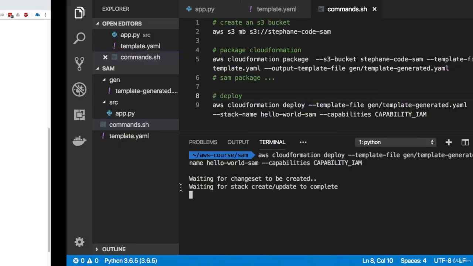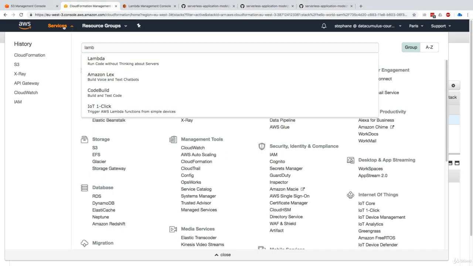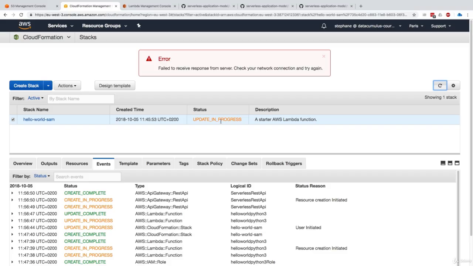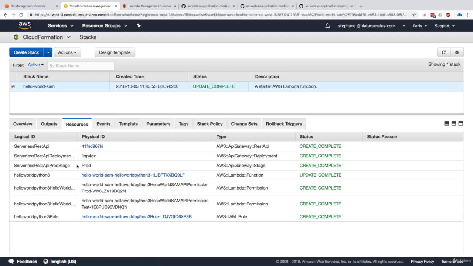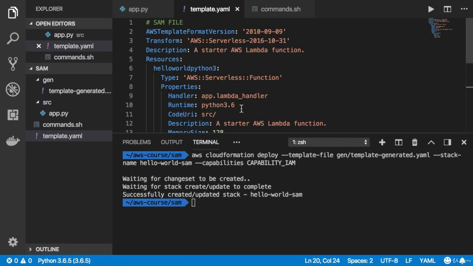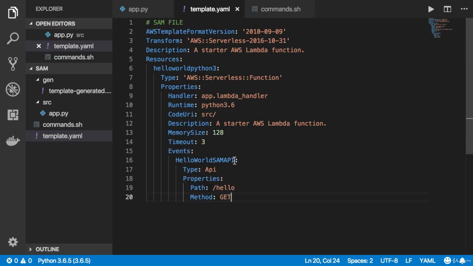So now let's go to CloudFormation. Here it is, and if I refresh, I see that now there is an update in progress. So now a lot more things are going to be created. I'll just pause until things are done. The update is now complete, but now it turns out that we have a lot more resources being created. Remember before we only had 2 resources, and now we have Lambda function permissions, IAM role, API gateway stage, deployment, and REST API. So there's a lot of stuff that was created for us automatically from, again, quite a simple and readable template.yaml file like this.